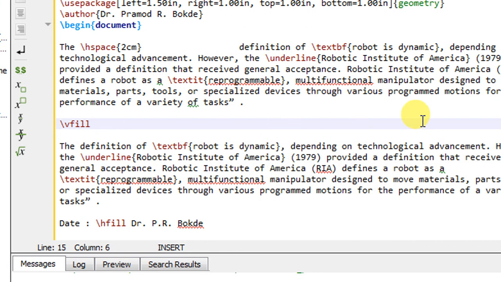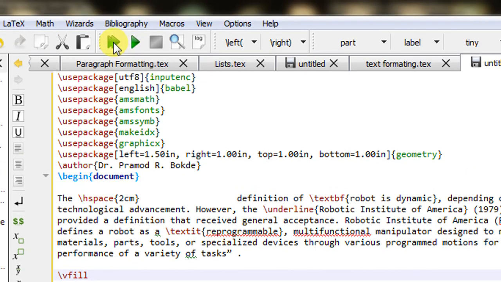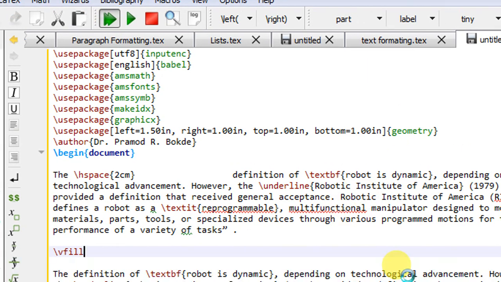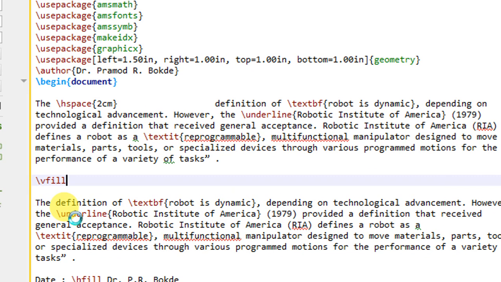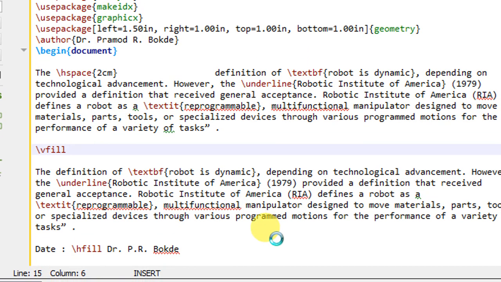So let us run this one. As expected, this paragraph should be on the top, this paragraph should be at the bottom of the page, and the remaining should be filled with white spaces.